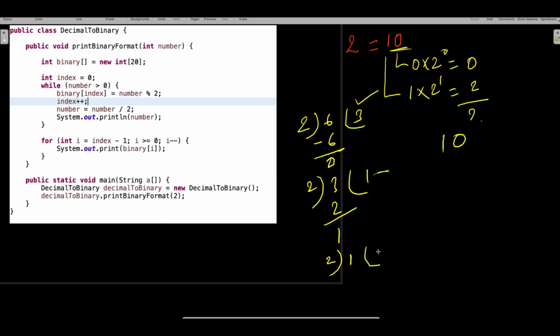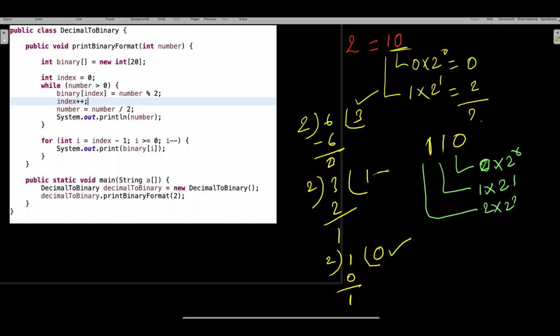Now divide this number. If you look here, guys, it cannot go more than 0 times. It will come 0. This is the 1, so you write here 1. Now you already have 0, and you cannot go and divide 0 now, right? Now calculate this. What answer will come? It will be 0 into 2 to the power 0, 1 into 2 to the power 1, and then 1 into 2 to the power 2. So this is 0, this is 2, this is 4. How much? 6. You got the output, right? So this is the way to calculate the binary number.